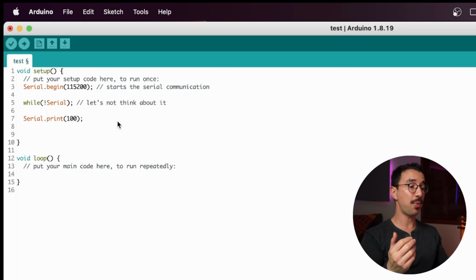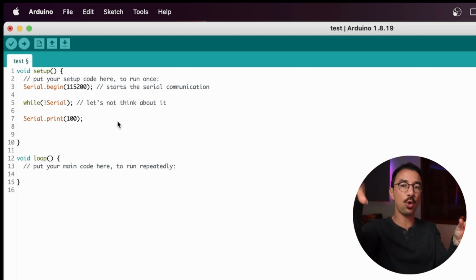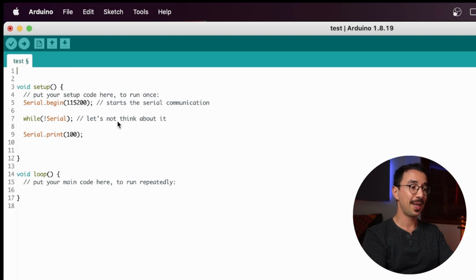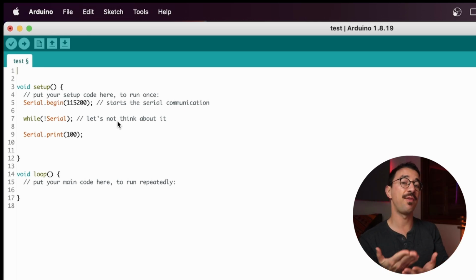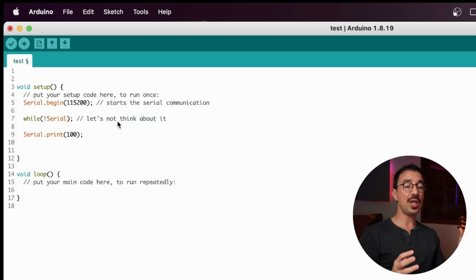So for example, you can name a container and store whatever number, whatever information inside this container. This container is called a variable. So we're going to use variables all the time. And there are different types of variables or different types of containers. Each type of container can contain a different thing.